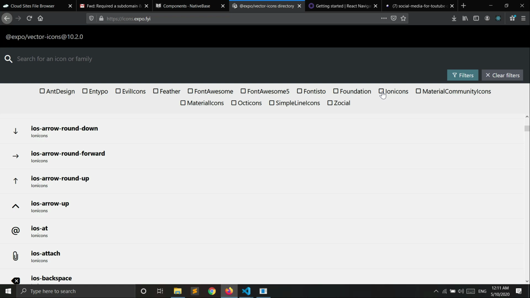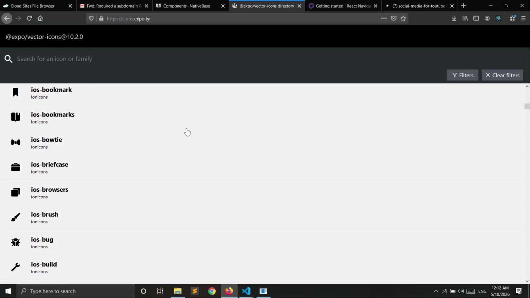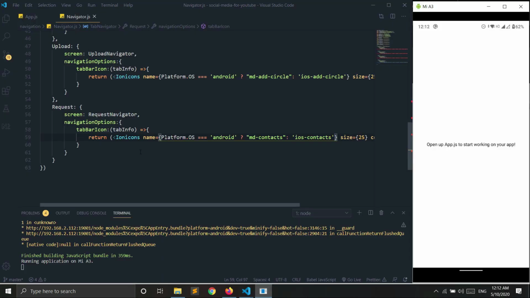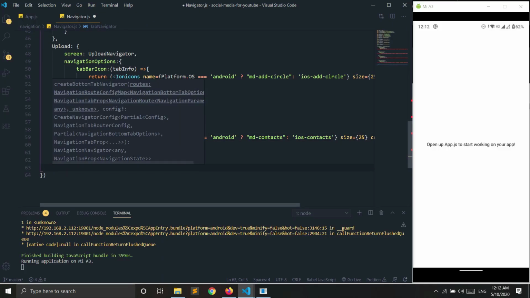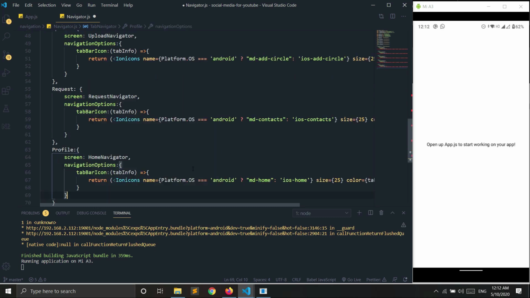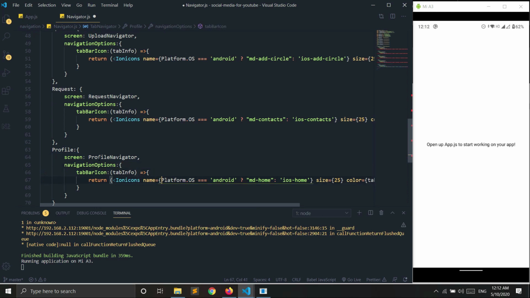You can filter Ionicons from here and see all the icons. The next one will be our last one, that is the profile screen. Here the icon will be md-happy and ios-happy.